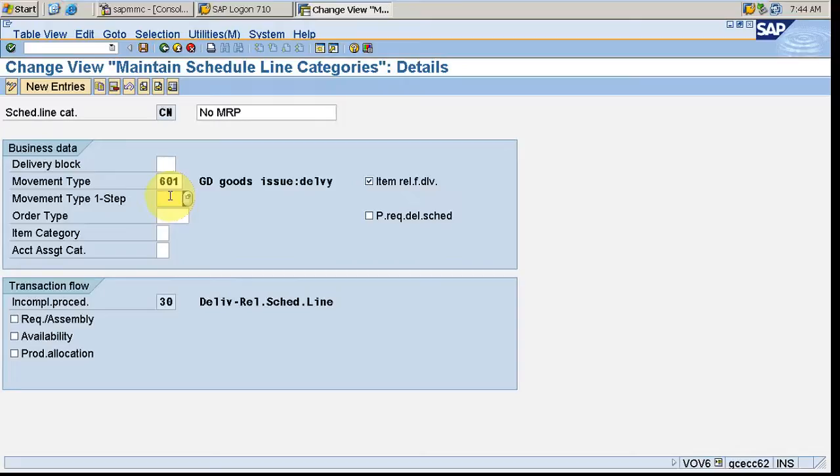Actually, I'm not sure when it is done, but this is mostly used for service. If we want to make a physical delivery, then we check this. For service items, contracts, and these particular things, we don't have a schedule line so that we don't deliver. Then we switch that off, and we have a separate item category and a separate schedule line category for that. For that it would be unchecked actually.